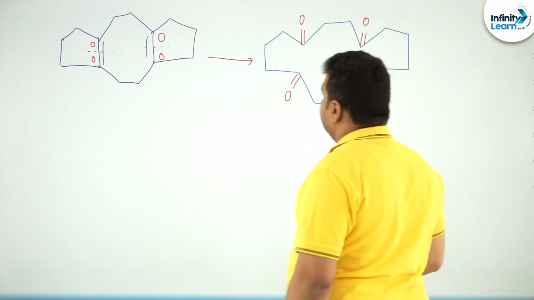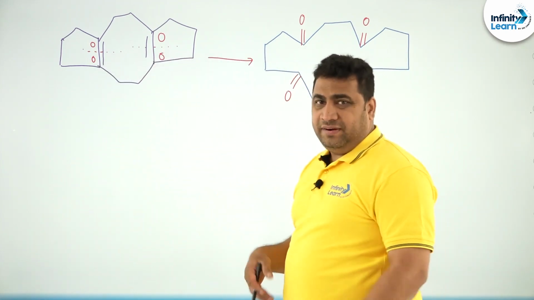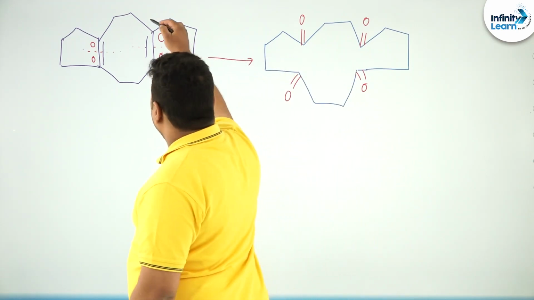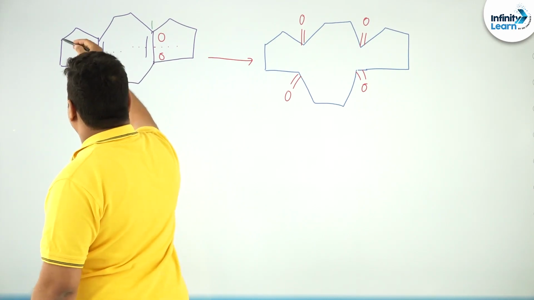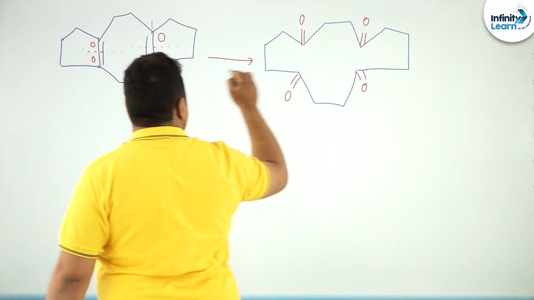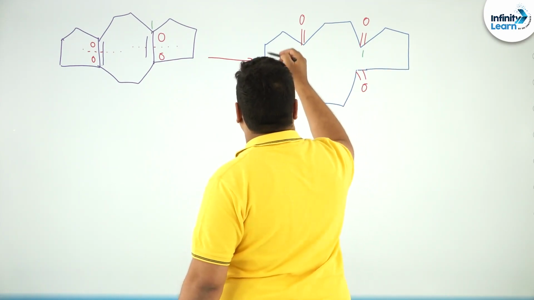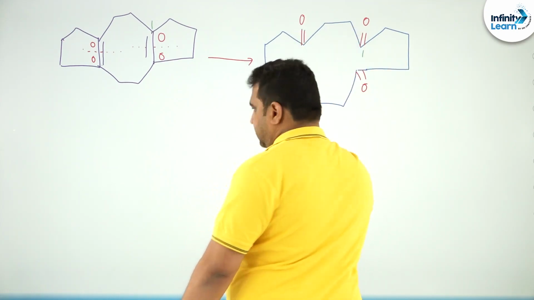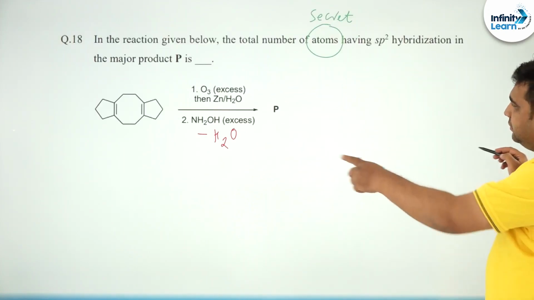So let us see how many carbons are there, because okay, carbon if you do 1, 2 extra or less, that will not affect the reaction, but we should do it correctly, no? 1, 2, 3, 4, 5, 6, 7, 8, 9, 10, 14. 1, 2, 3, 4, 5, 6, 7, 8, 10, 11, 12, 13, 14. Correct. Then he is saying treat with excess of hydroxylamine.